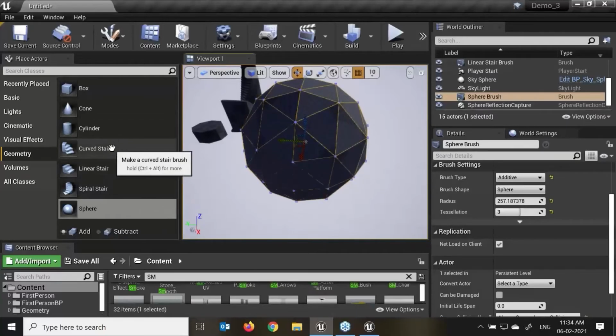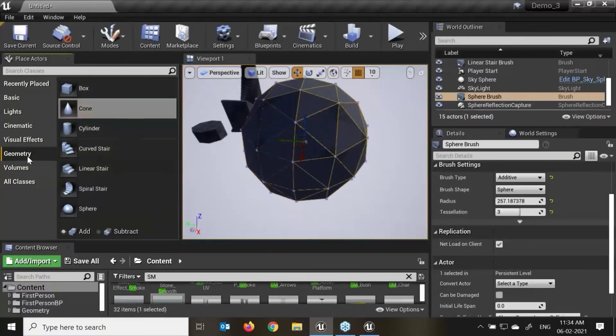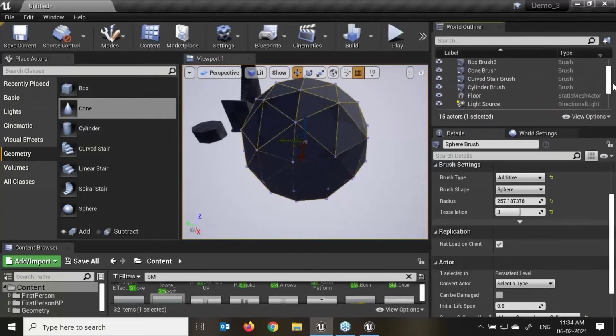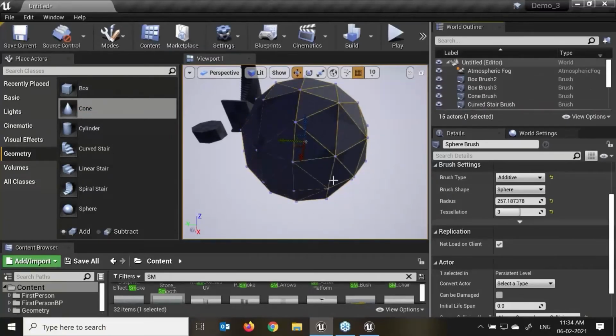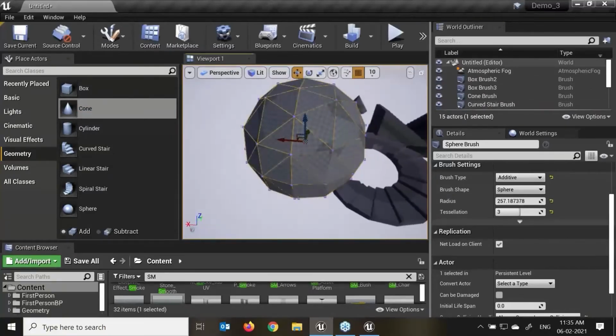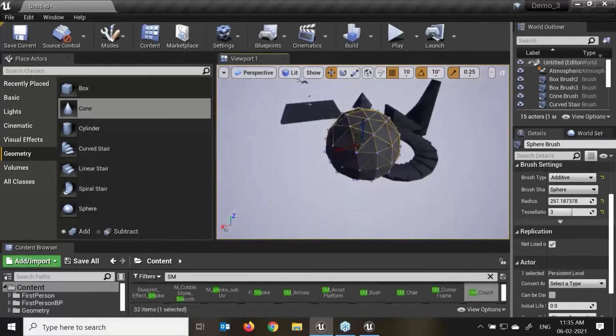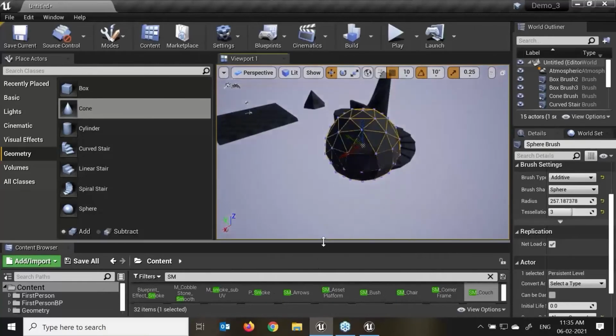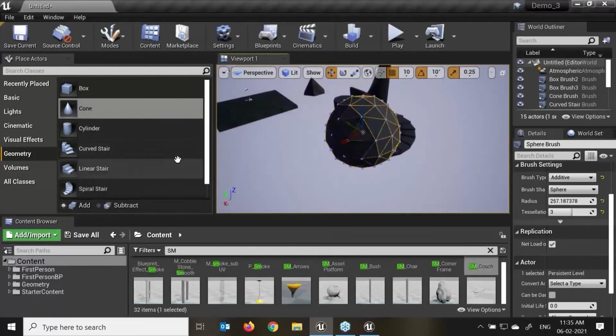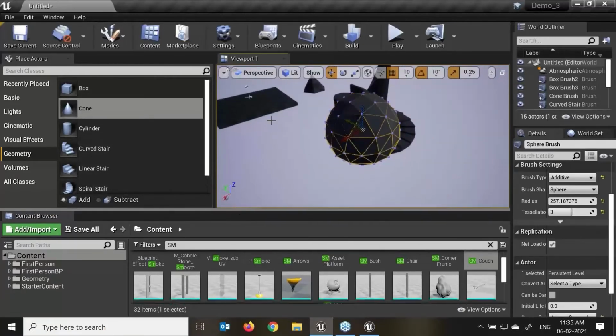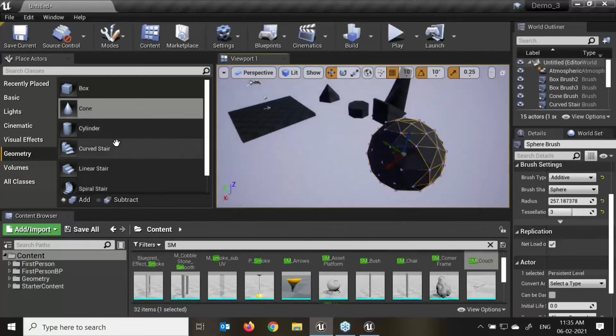Right, so if you see over here, this is the different geometry or the brush type. Here we can see all the brush types we have. This is the benefit when we are doing a prototype of the gaming. So as of now, I'll create... Now we'll see something about the materials. I hope you understood about the static mesh and the geometry brush editor. Now we'll discuss something more about the brushes.